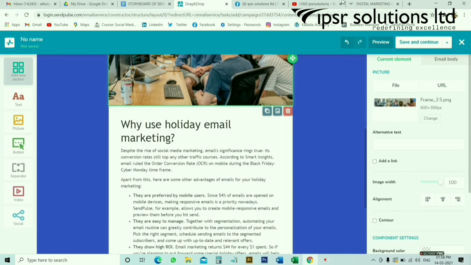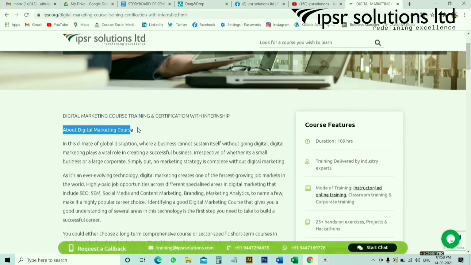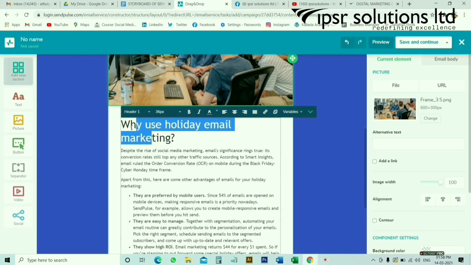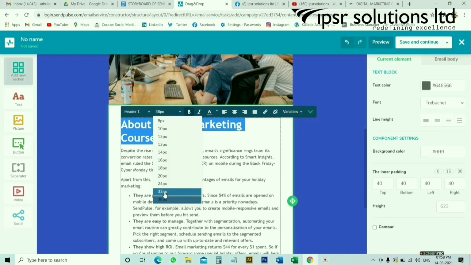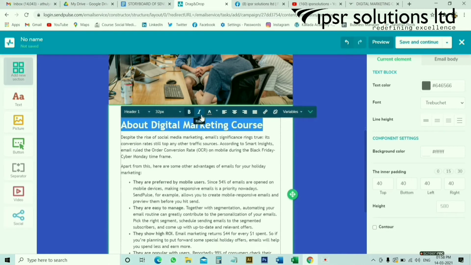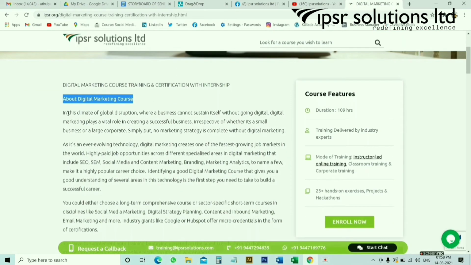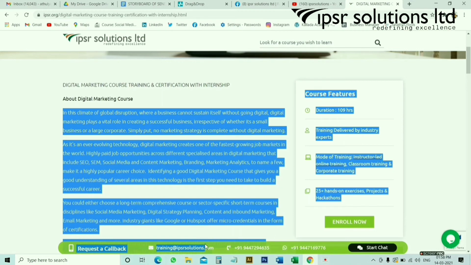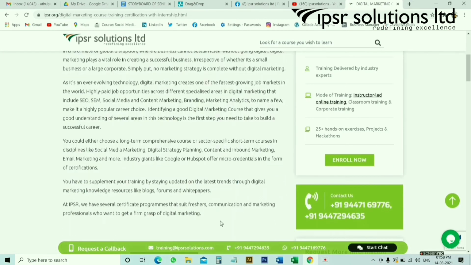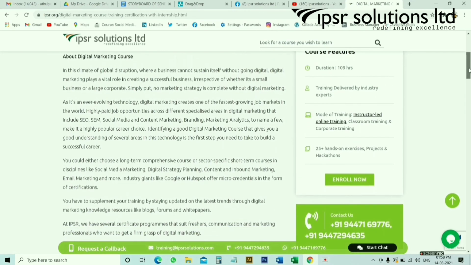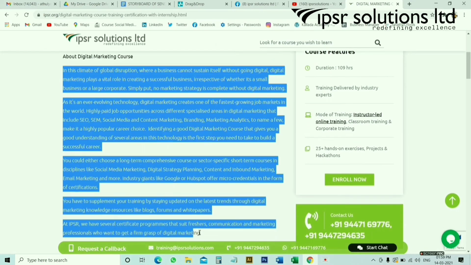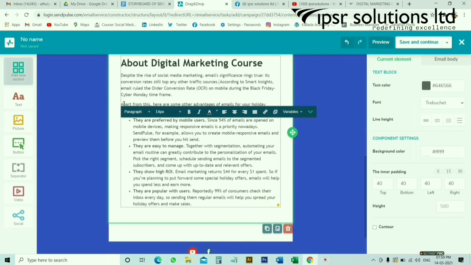Then edit the subheading. Go to our website, copy the subheading and paste it here. Change the properties as well. You can decrease our size and increase, bold or unbold, etc. Then go to our website, copy the content from here, and paste it here.